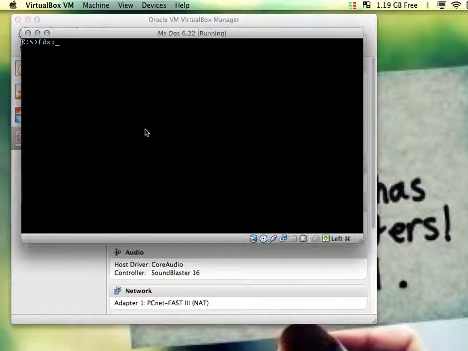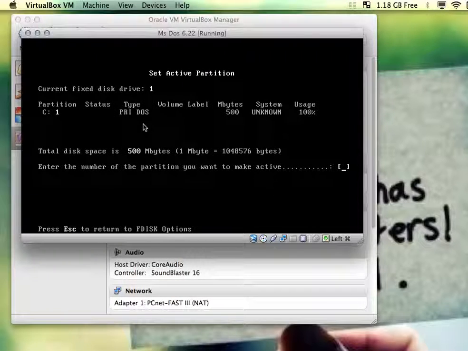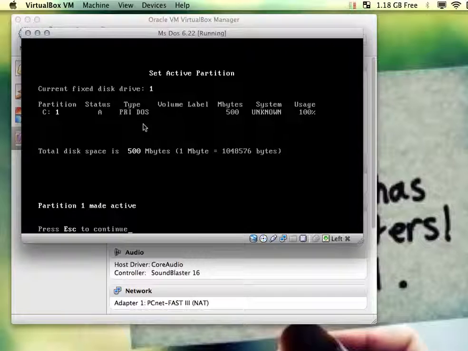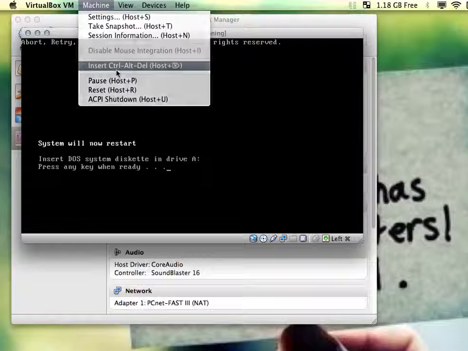I'm going to go into fdisk, and the warning right here lets us know we don't have an active partition. So we do have a partition, but it's not set active. On yours it might be different. You might actually have to create the DOS partition, but this one is just not set active. So option 2, partition 1, hit escape, and escape again. This is a glitch we've explained in class, so I'm going to do Control-Alt-Delete and reboot